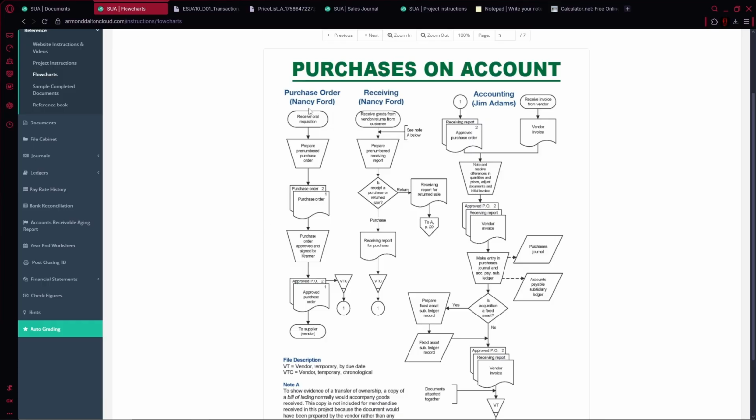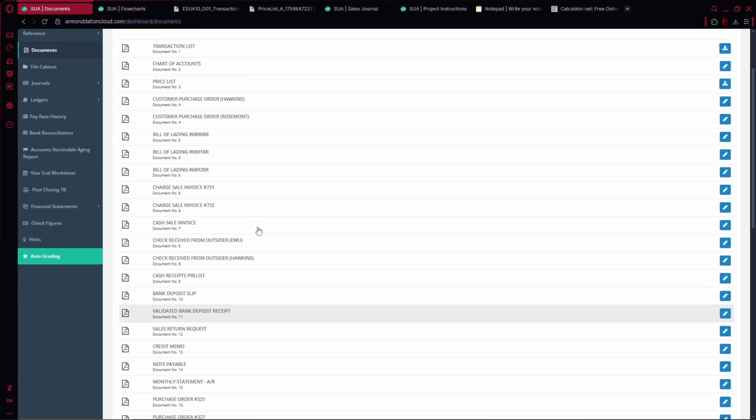Anyways, moving forward. Here is basically our purchase order, which is what's going on. We're doing an oral requisition. That's already been done. That's a start. And now we want to prepare a pre-numbered purchase order. So we haven't done that yet, so we're going to be doing